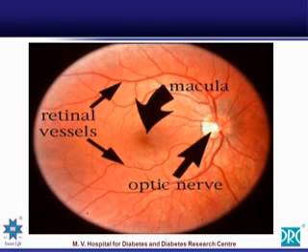There is the central area, which is known as the optic disc. There is the central area, which is the most important area, which is known as the macula, and then you will find that the retinal vessels take an arcuate course above and below the macula. This portion of the retina that you are now seeing is probably about half of what exists in the eye, and we will call it the posterior region of the retina, and it is this portion of the retina that is most often affected by diabetes mellitus.